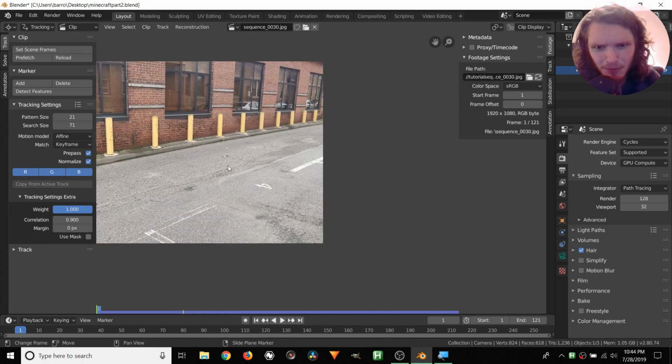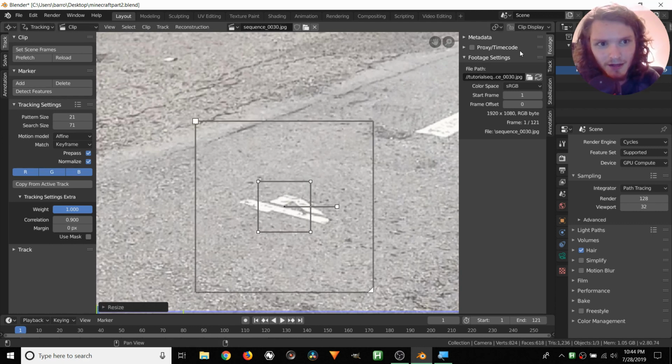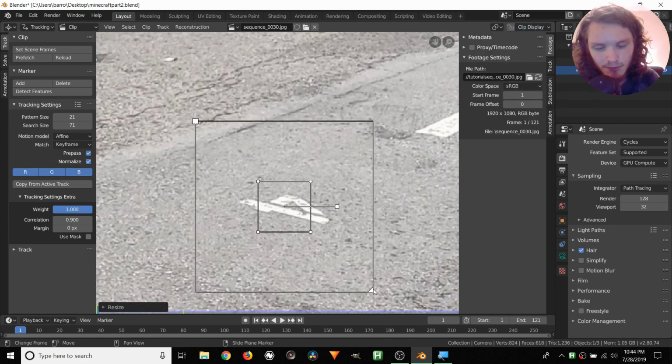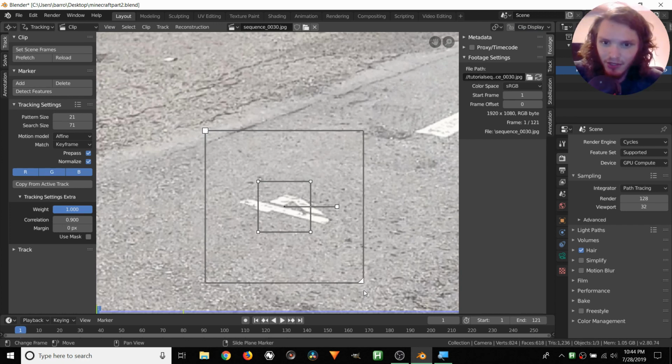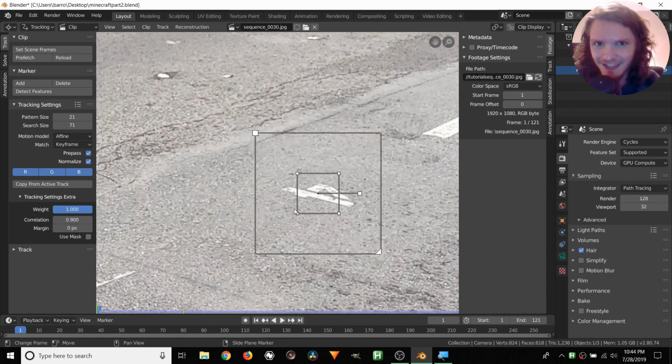Now, I think the first most obvious thing to make a tracker is this number 4. It's basically begging to be a tracker. So control click, let me do that again, control click, and then we can scale it up the same way we would with S. Alt S for the search box, we're going to clip display and enable search. And we don't need this to be too big because our motion isn't that much, so we don't expect our pattern area to escape this search box. A lot of theory goes into this, but I think I'm done saying that you should go back to that series. You guys know. If you don't, you're digging your own graves, whatever. Okay, so we have this tracker set up, and I think we are good to go.